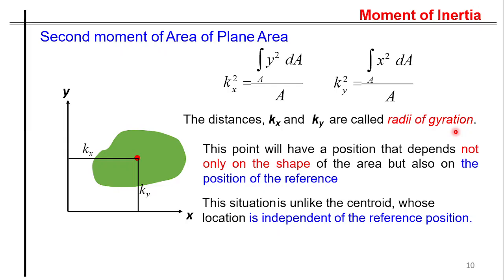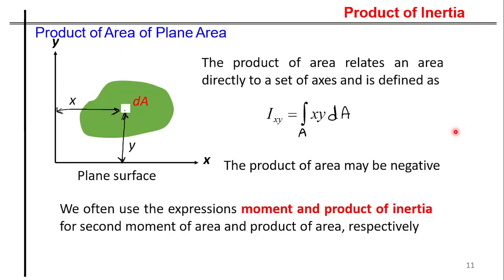Now, product of inertia of the plane area. Previous case, what has happened? You are looking at the moment of inertia. So you are multiplying elemental area dA with y or x. Then you are multiplying it again with the same distance value. So y into dA and then y square into dA is what you are doing. So y into dA into y gives me